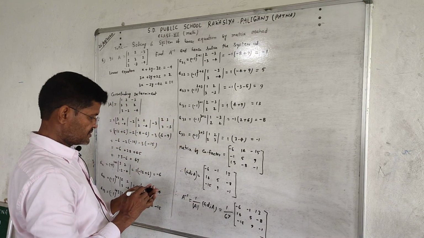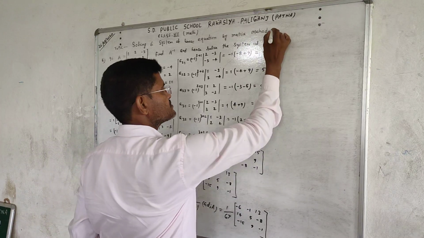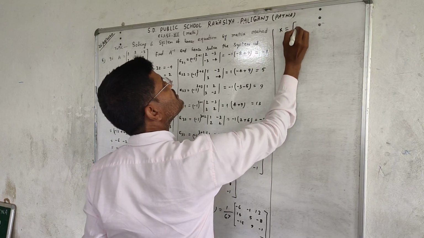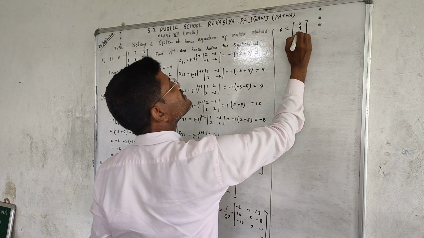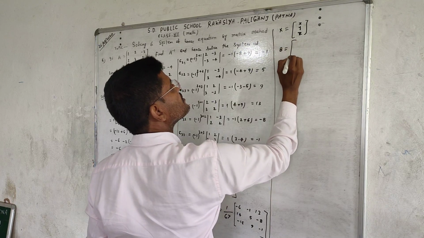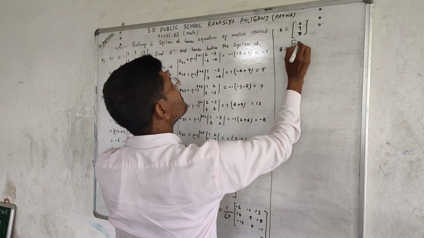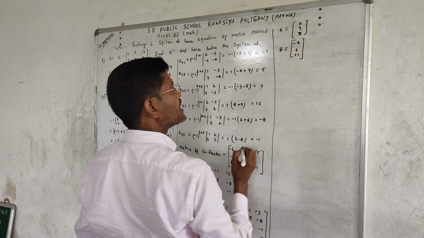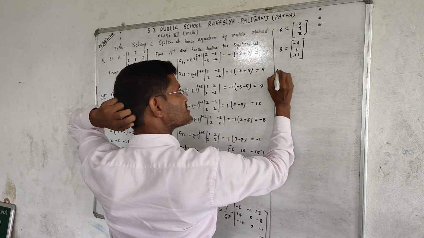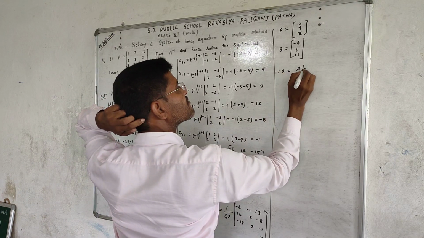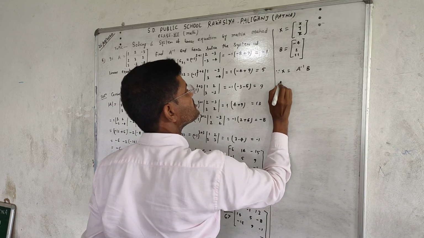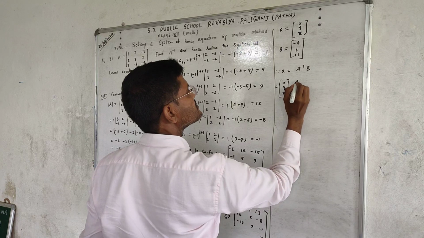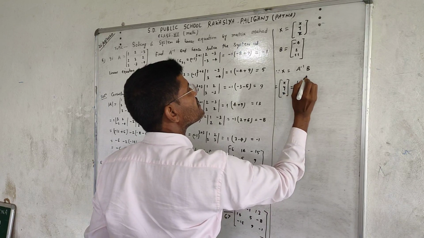So A inverse exists. Now the matrix X is equal to X, Y and Z, and matrix B is equal to -4, 2 and 11. Now we have to find X. Since X is equal to A inverse into B, X, Y, Z is equal to 1 by 67 into